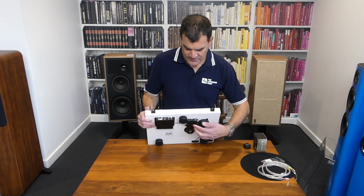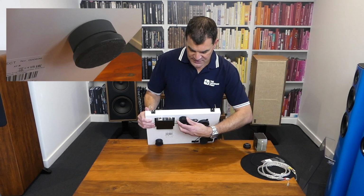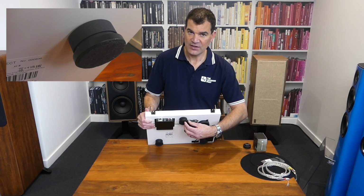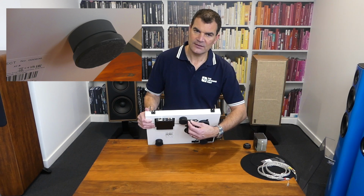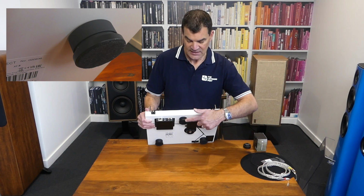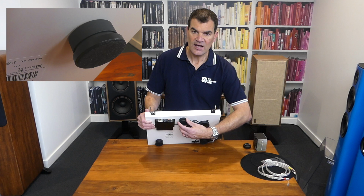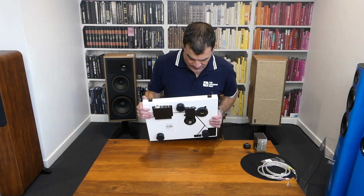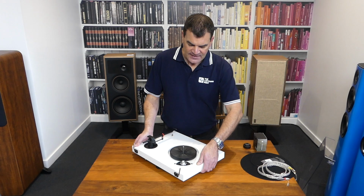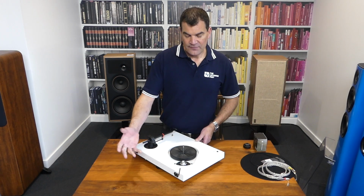We also see at the bottom the feet. Now these are adjustable. There's a nice felt pad to stop it from scratching the surface. There's probably a little bit of vibration dampening effect from there too. And then it's sandwiched with sorbothane or rubber in between these two pieces, and again adjustable for levelling. In the back there's the input for the 15-volt power supply, and very, very straightforward as far as making